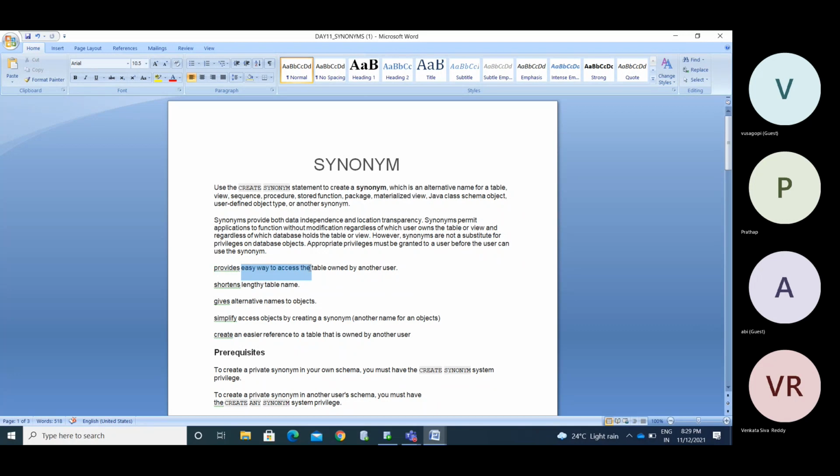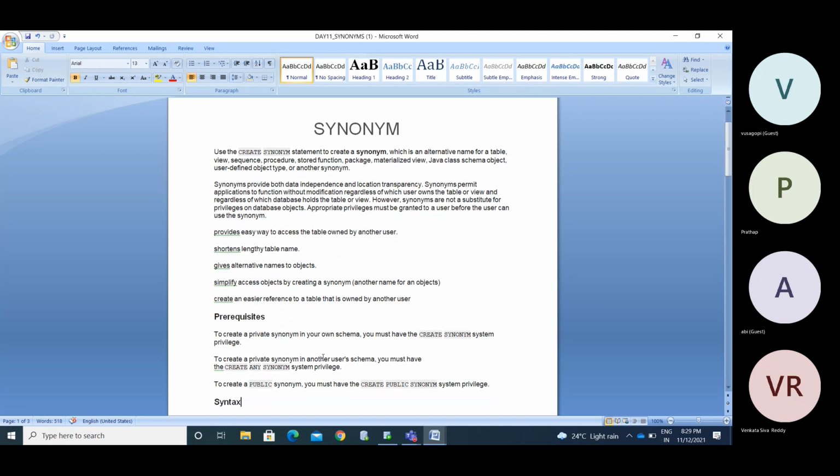It provides an easy way to access a table owned by another user, and I will show you another user's object. It also handles short and lengthy table names: we can shorten table names to small letters with fewer characters. It gives alternative names to objects, simplifies access to objects by creating a synonym with another name, and creates an easier reference to a table owned by another user. Everything is the same.